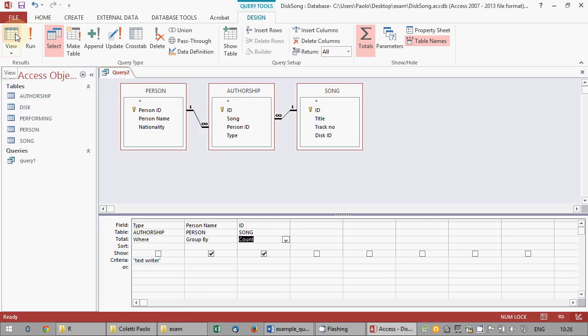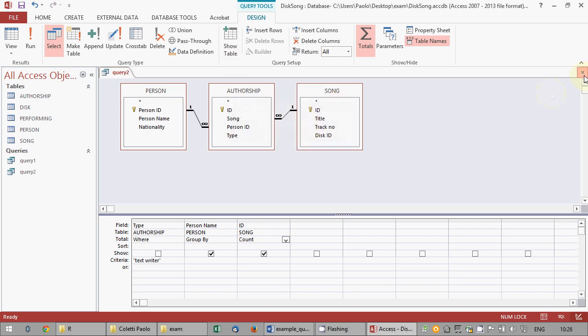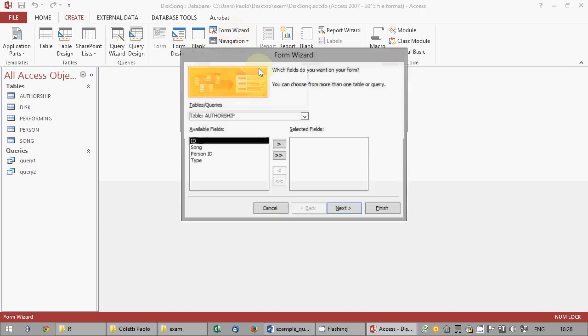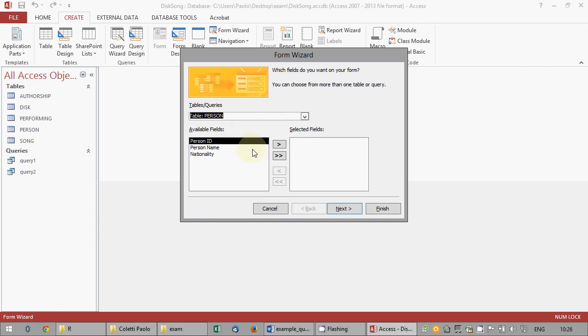Create form 1 to edit people and songs they perform with the instrument. Lock the form to avoid people's deletions and modification and to avoid songs insertions. So this saved as query 2. Close, create form wizard. What do we need here? People, so person, here it's person name and nationality,